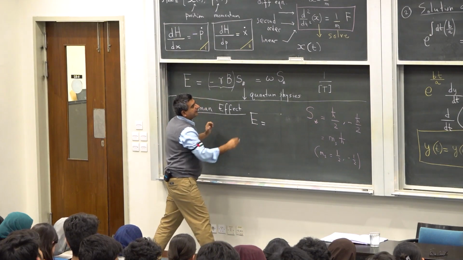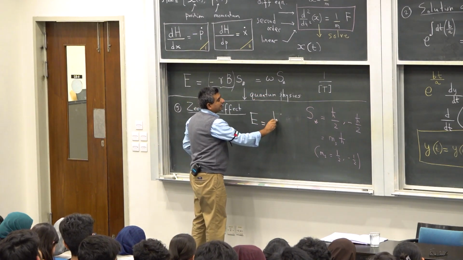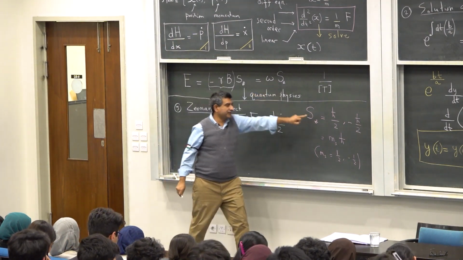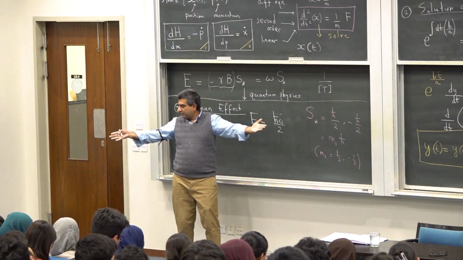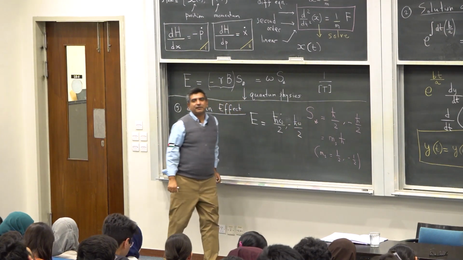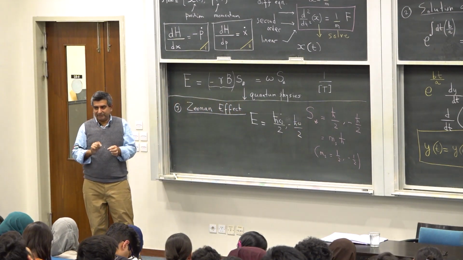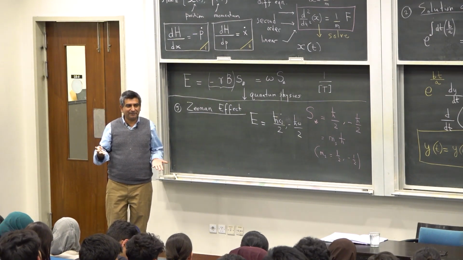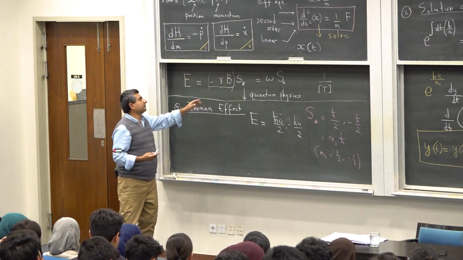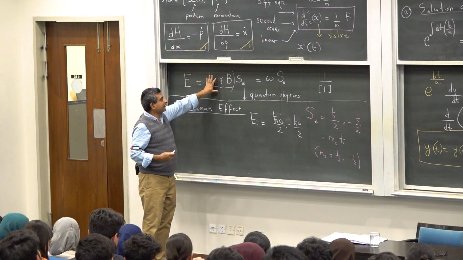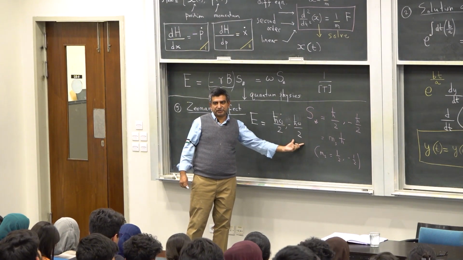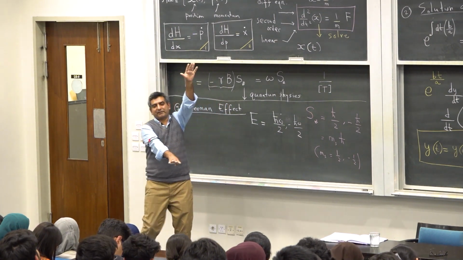One of these energies is h bar omega over 2. So I just put Sz equals h bar over 2. This is one energy. The other possible energy is minus h bar omega over 2. So a proton inside a magnetic field can have two kinds of energies. Which one of these is lower? One of them is going to be lower. Depends upon the sign of gamma. If gamma is positive, omega is negative, this is the lower energy. The other would be the positive energy. In any case, there are two energy levels.